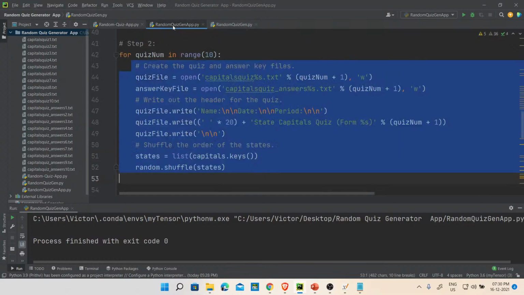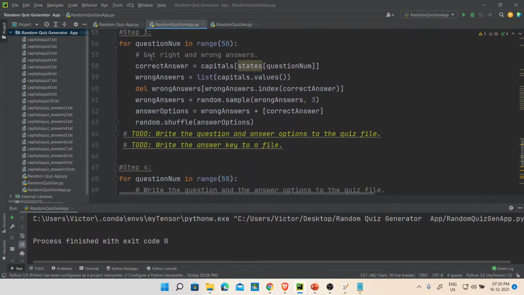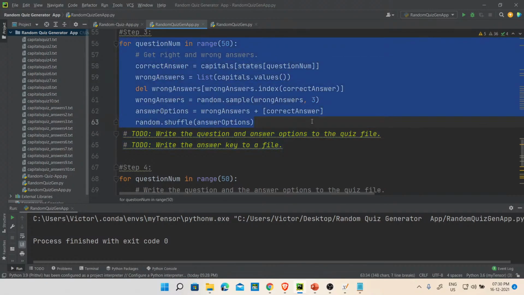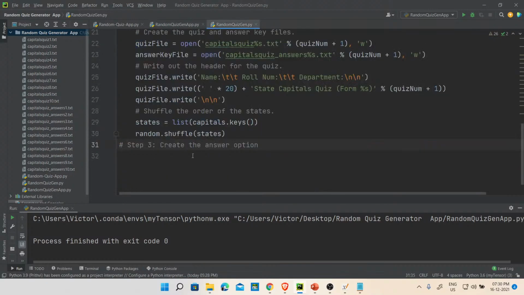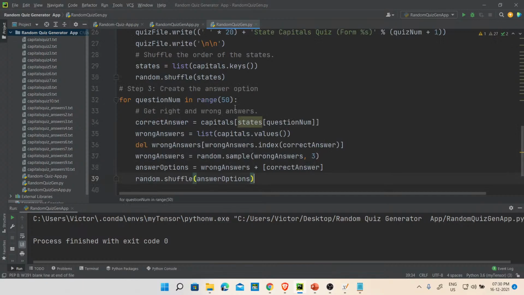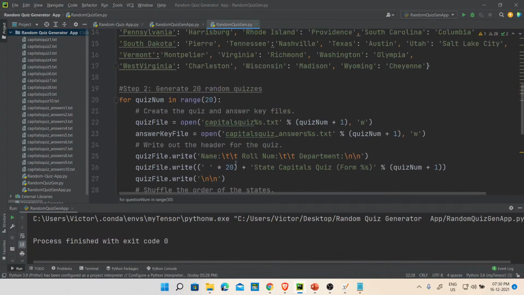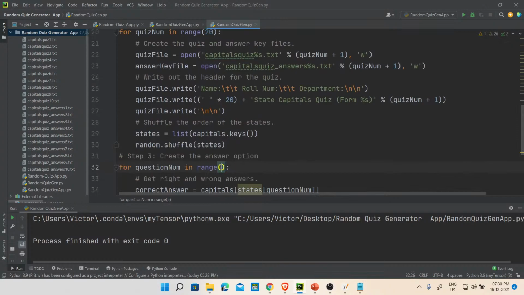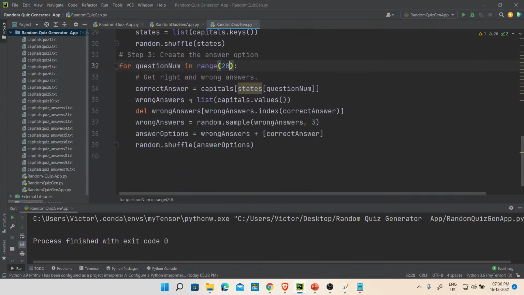So here we go back there, and then we come here. I will just copy this and then I will explain. Now this is fine, and we move into this one. Say this is where we are, and paste this here. Now I needed only 20 of those, so I don't need all the 50. I just need to generate 20 of those from here. Now the right answer, I'm going to store it inside this variable called correct answer, and I'm taking it from the states.